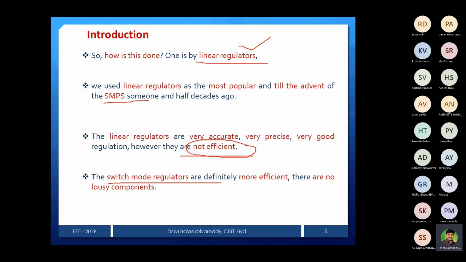Now, switched mode regulators are more efficient because we don't have any lossy components. We are using an inductor, a capacitor and a switch. That switch is an ideal switch and losses are very negligible. It may be a MOSFET, BJT or IGBT, anything. Semiconductor switches are there, and that is the reason switched mode regulators are very efficient. It is nearly 100%, like 99.89%, that we get as the efficiency of these regulators. That's why this is very popular nowadays rather than the